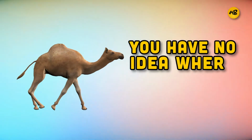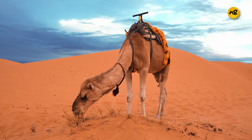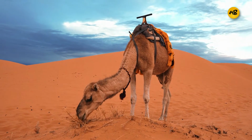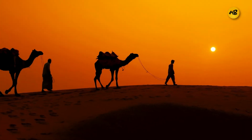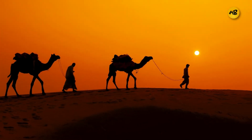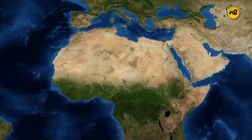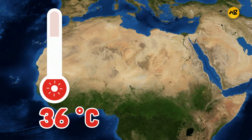You have no idea where camels come from. The camel is quite an intriguing blend of unique physical adaptations, and their distinct traits help this enormous mammal thrive in a desolate habitat. We know them to be from deserts, and we know deserts to be dry, hot, and unforgivably hot. The majority of dromedary camels are found in Africa's wild Sahara Desert, where they endure daytime temperatures going